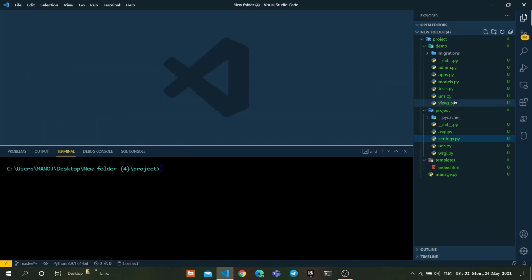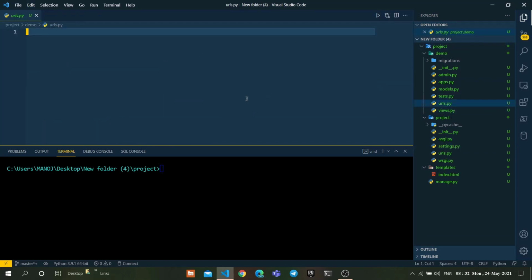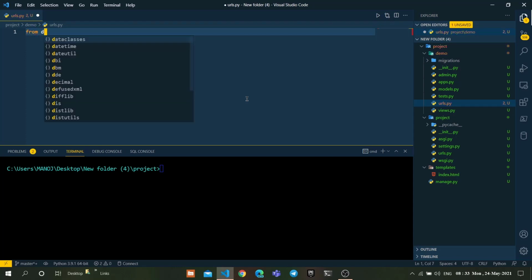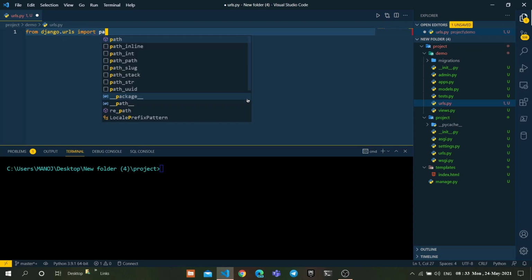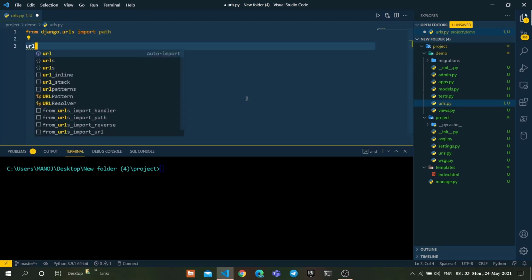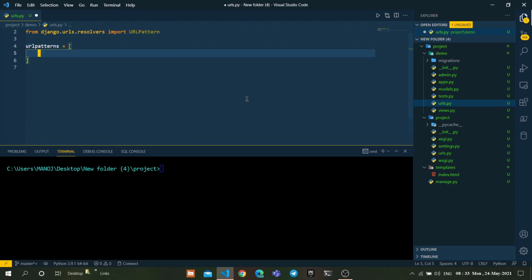After that, go to the urls.py in the demo app. Here, from django.urls import path. Create a urlpatterns array like this.